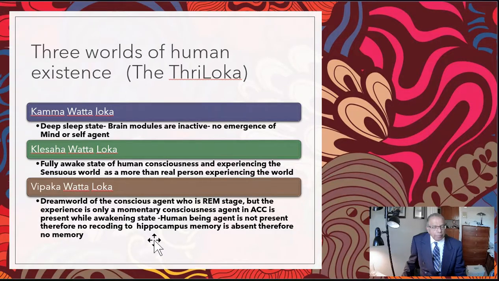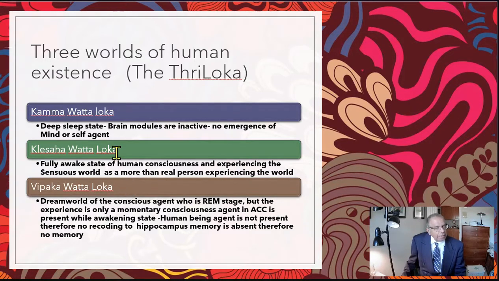But there is definitely a spontaneously arising person, like Buddha said. A conscious agent is present at that moment who truly experiences the dream as if it is true. He has the same experience of fear, anger, during that experience time. There is a person-like agent present, but he is not a permanent soul. And this one is arising continuously and dying during this Vipaka Vata.